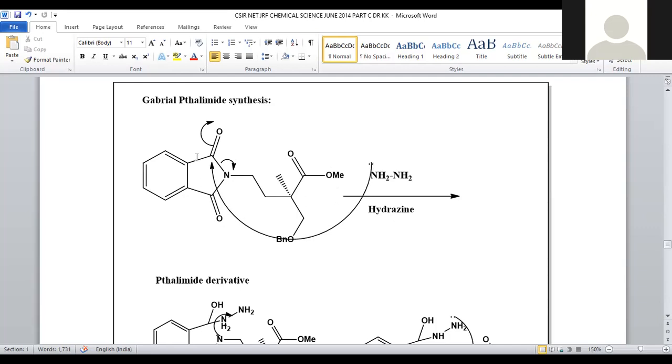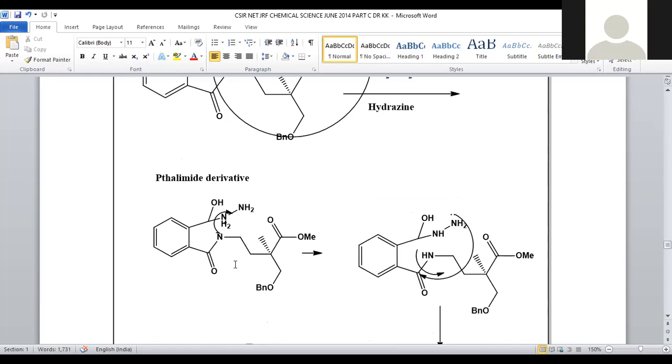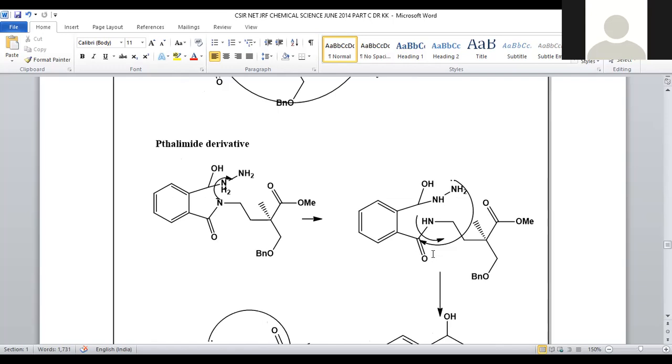The lone pair of electrons on the nitrogen will bind to the carbonylic functional group. Subsequently, the pi bond migrates towards oxygen and the sigma bond gets ruptured, and these bonded electrons will be polarized so that nitrogen will be added to this carbonylic center, right? Later, the nitrogen will extract the hydrogen and a neutral compound is formed. Further, the electrons on the terminal nitrogen of hydrazine will participate in ring cyclization with another carbonylic group. Subsequently, this amine group is cleaved and detached from the system.